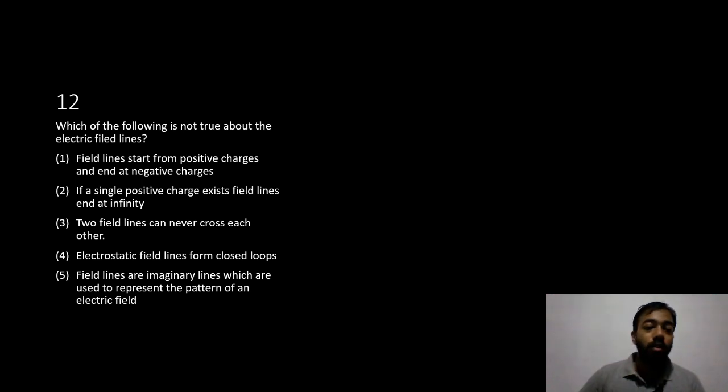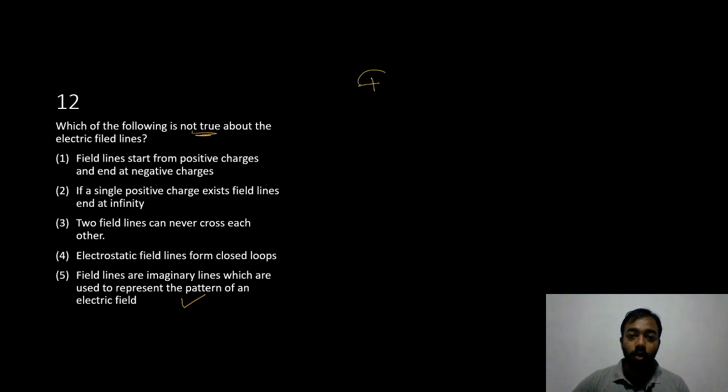Question number 12. Which of the following is not true about the electric field lines? Electric field lines are imaginary lines which are used to represent the pattern of an electric field. That definition is given as the fifth answer, so that is correct. So let's move through the stems. Field lines start from positive charges and end at negative charges. That is true. By convention, field lines are drawn starting from positive charges and they are reaching the negative charges. So